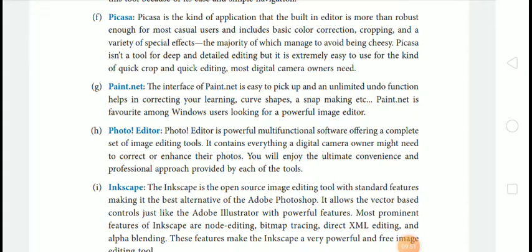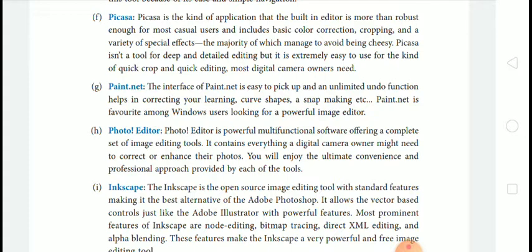Means Picasa is the application which provides basic color correction, cropping, and a variety of special effects. Picasa is not a tool for deep and detailed editing, but it is extremely easy to use.